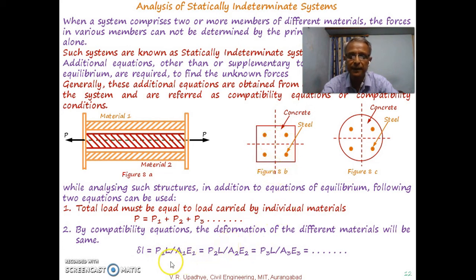and as the change in length of both materials is the same, what can be written is P1L divided by A1E1 is equal to P2L divided by A2E2. So what can be written further is delta L is equal to, now length is the same, so length is not written over here in this equation. So delta L is equal to P1 divided by A1E1, the change in length of the first material. The second material's change in length will be the same. So delta L is equal to P2 divided by A2E2. So what can be written with this equation? Now if we take A1E1 on this side, P1 will be equal to P2 into A1E1 divided by A2E2.